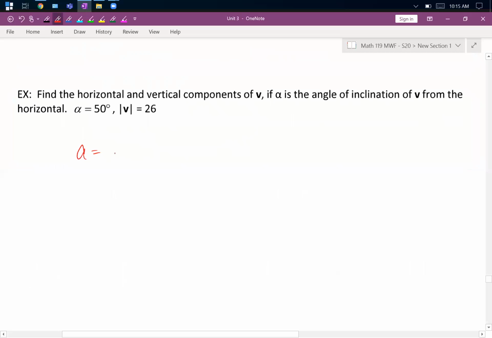A is going to be equal to 26 times cosine of 50 degrees, and then our component B is going to be 26 times sine of 50 degrees. And that will have to pop into our calculator and get a decimal approximation since 50 is not on the unit circle. So let's round to the nearest hundredth. For A, we'll get 16.71, and for B,